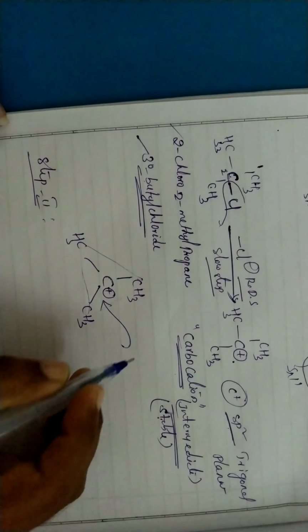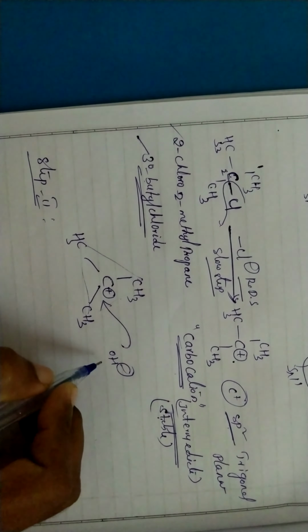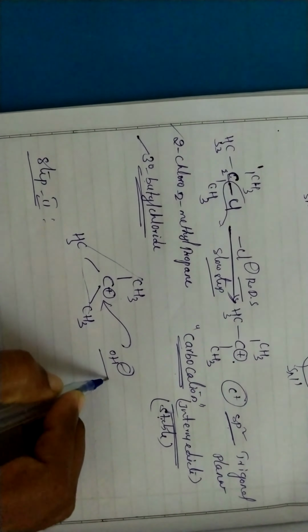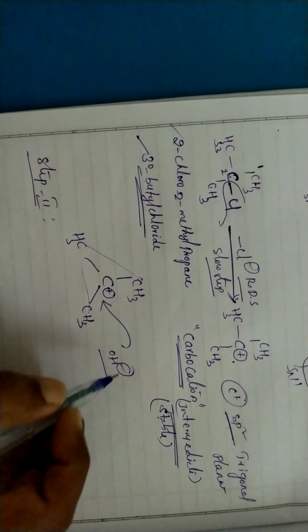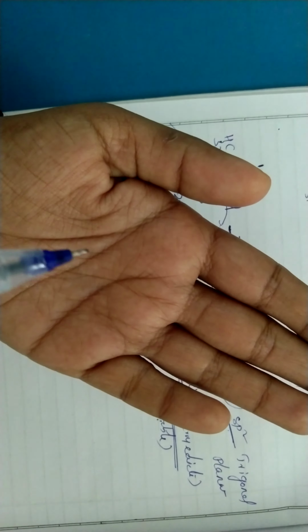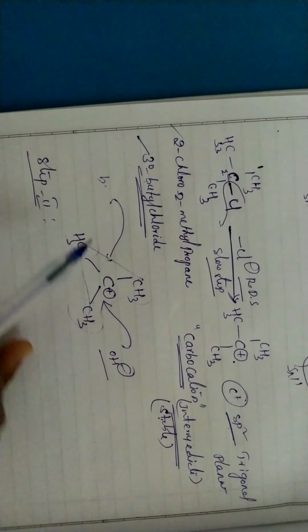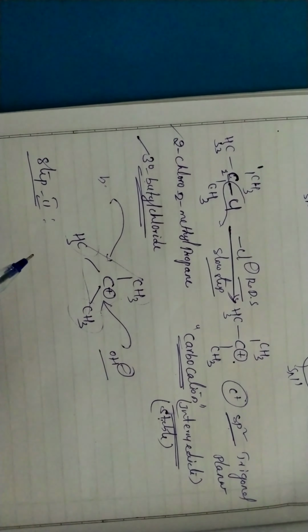That means the new nucleophile, that is OH minus. In the reaction we have taken the OH minus. The OH minus can come and attack from the back side, front side, or it can also attack from the back side. Understand? So here my hand is there, so it is in plane. So the OH minus can come and attack from the front side, or it can come and attack from the back side. Why? Because the methyl groups are not coming in the way of OH minus.